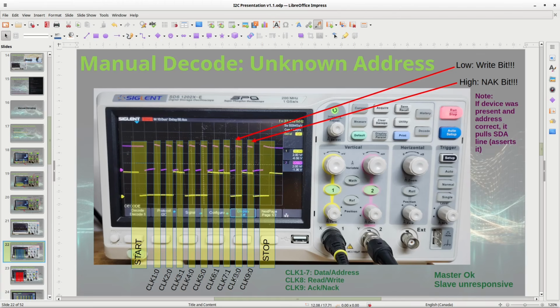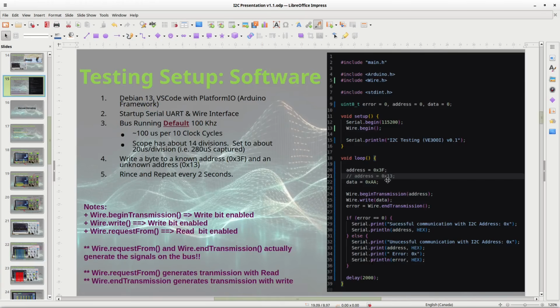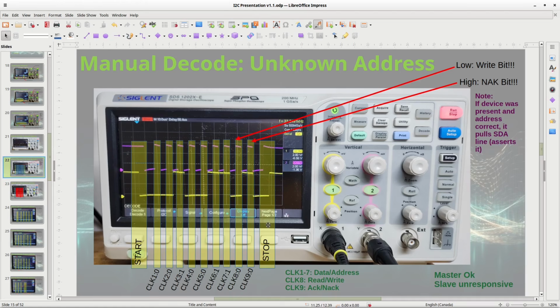So we're writing, which is correct, because in my Arduino sketch, we're doing a write. So that makes sense, right? That the write bit will be 0. Then the 9th bit is your ACK. Now, notice during the high period of that clock pulse, the bus is, oh sorry, here's 9.